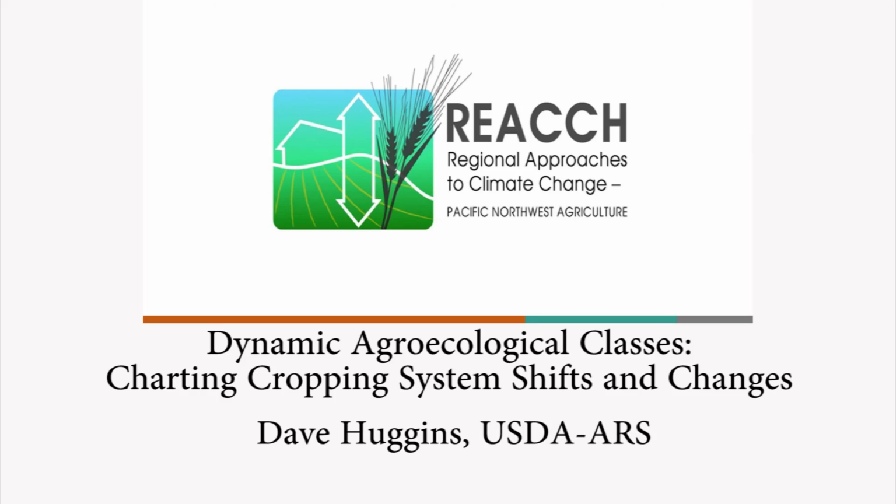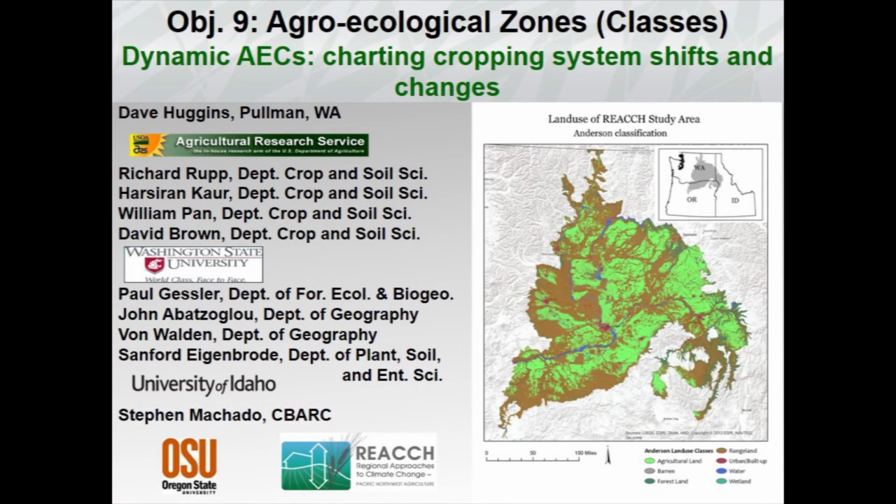So I'm going to be talking about agroecological zones, or classes, as you will. And this is part of Objective 9 and some of the integrative goals of the overall project. And I'm going to touch a little bit on dynamic agroecological classes and charting cropping system shifts and changes. And this work is the result of a team, and I've listed them there, from basically many of the people